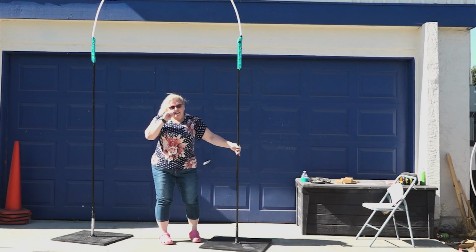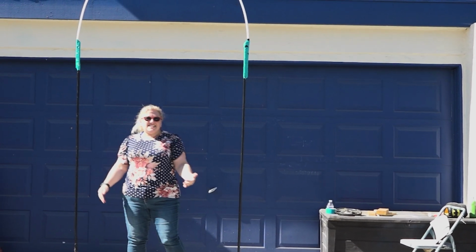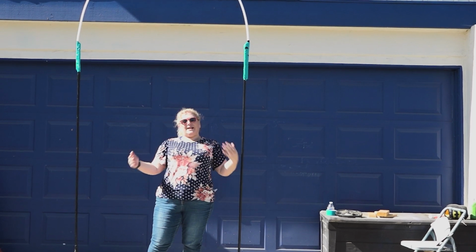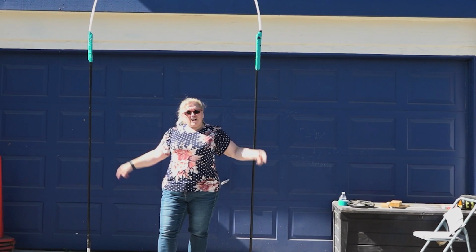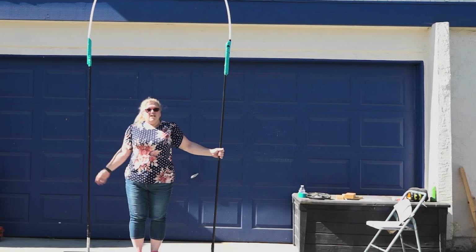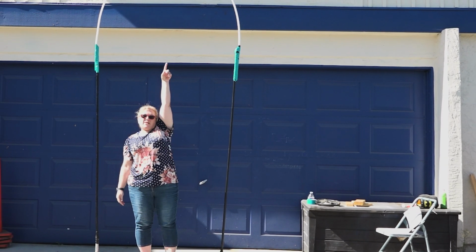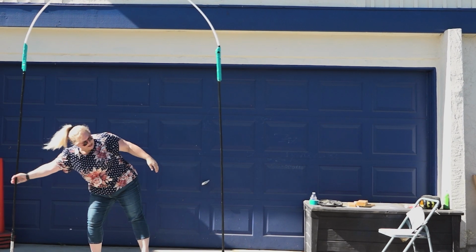Okay, so you guys always ask me, what size is that going to be? Well, the size depends on how far apart you put the legs. So if I wanted it to be framing a single person, then it's probably going to be about 12 feet high. If, on the other hand, I need to widen it a bit,